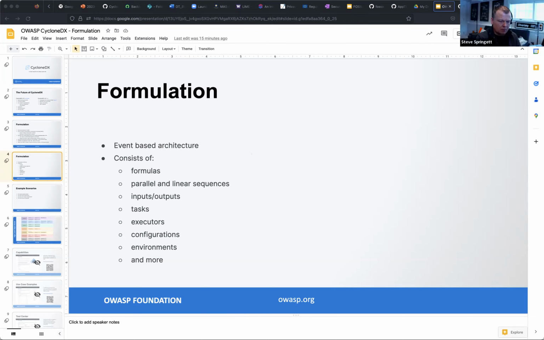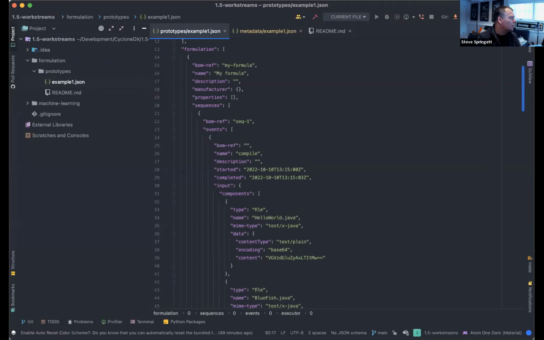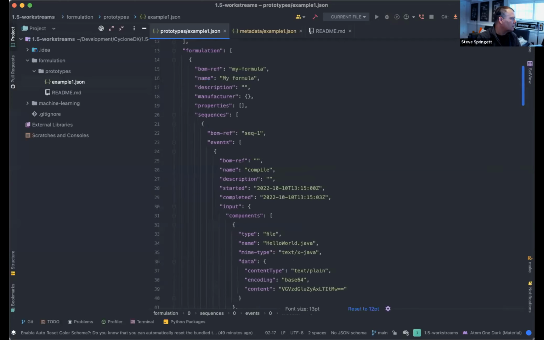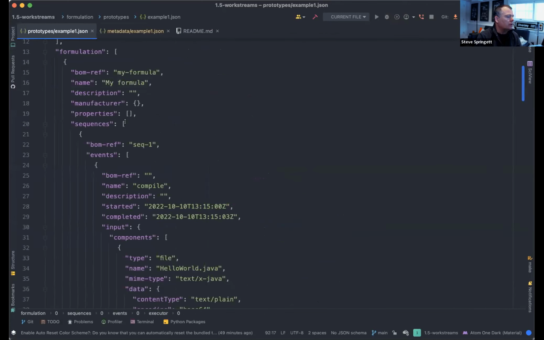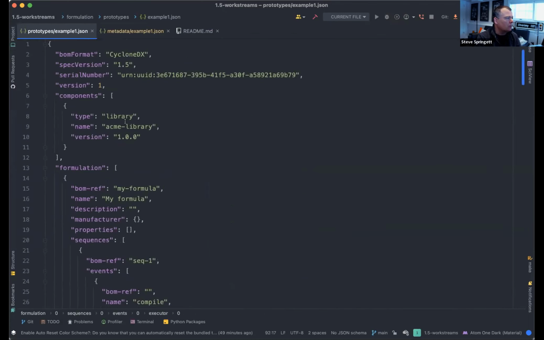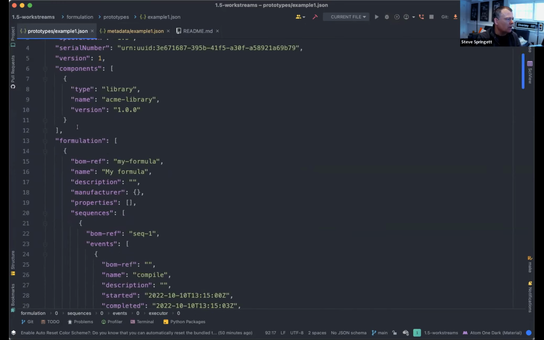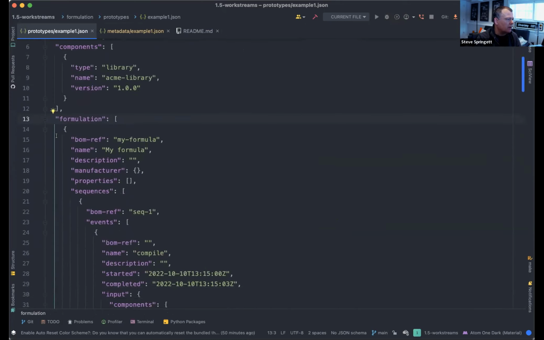So let me share my IntelliJ, and I'll probably have to bump up these fonts. This is really, really early draft. So in this particular example, I've got Acme library. This is what I'm describing. And the formulation, which again is a top level element,